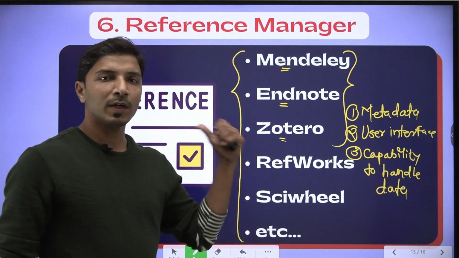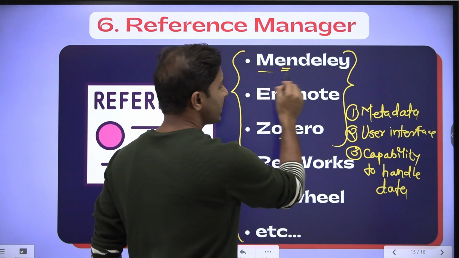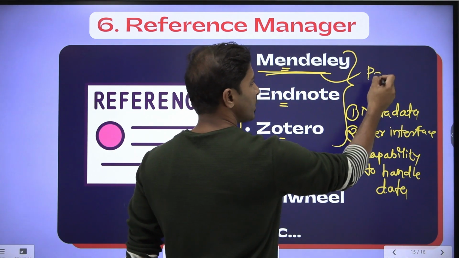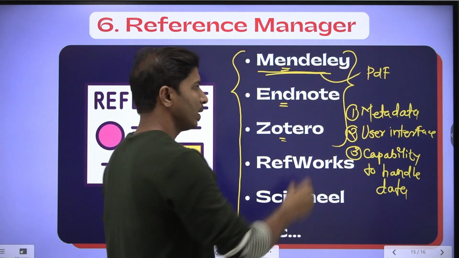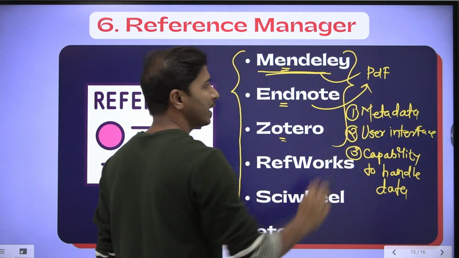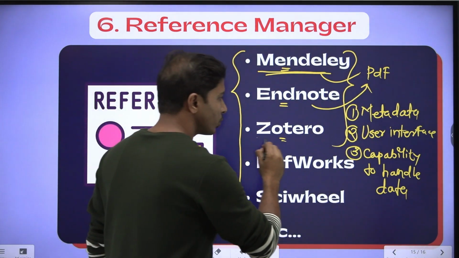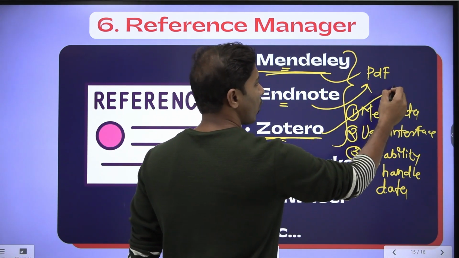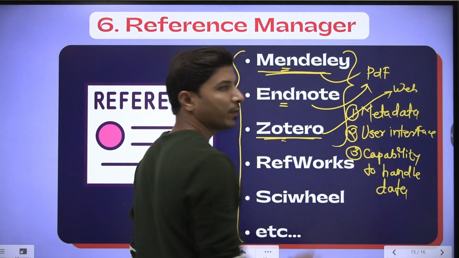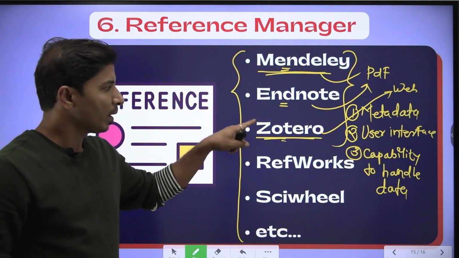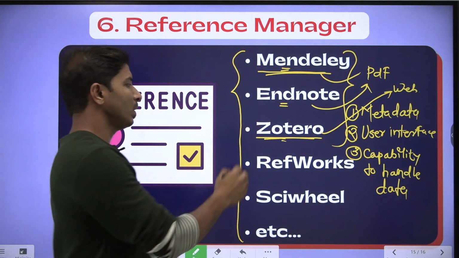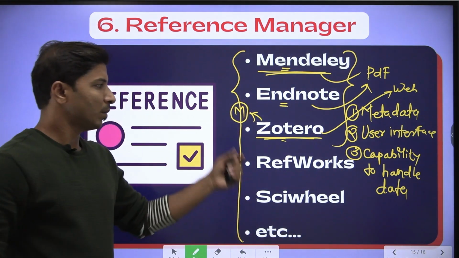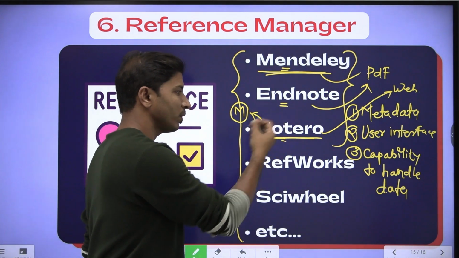If you look at the first point, metadata, then Mendeley is excellent at fetching metadata from PDFs or published research articles. EndNote is also good at fetching metadata from published research articles. Zotero is actually best at fetching metadata from websites and different URLs. While in the case of a published research article, you might have to put the published year and page numbers manually. That mostly happens with Zotero.